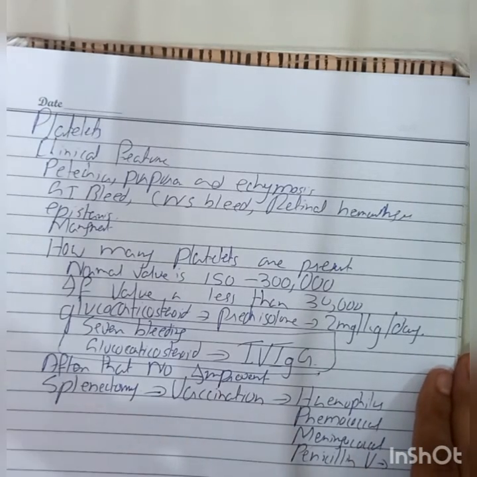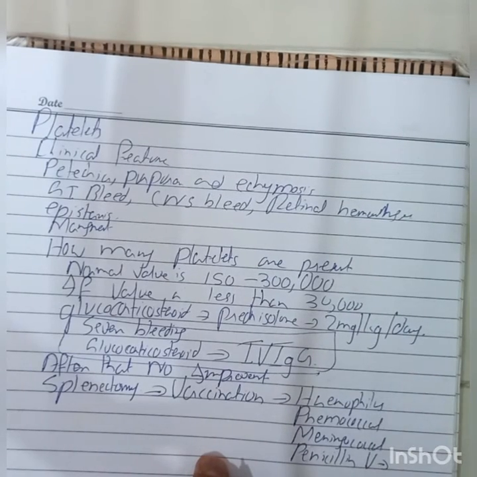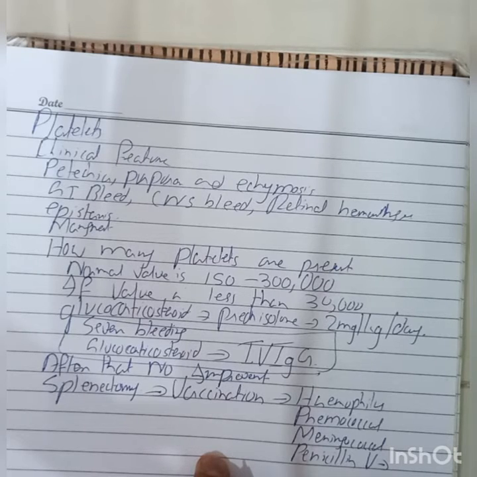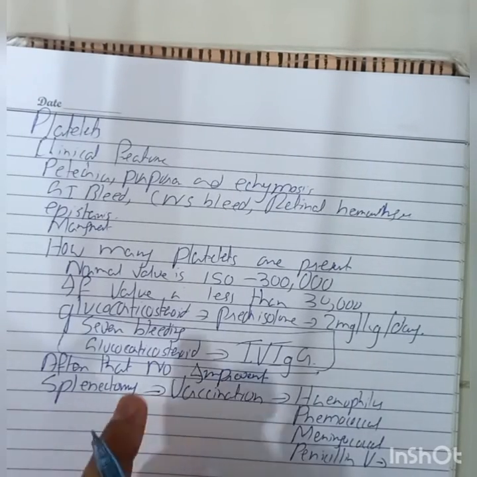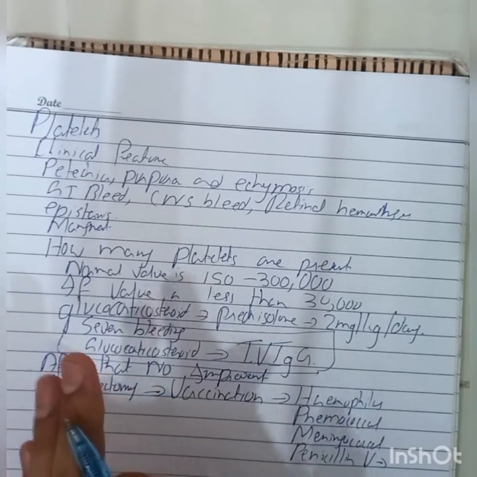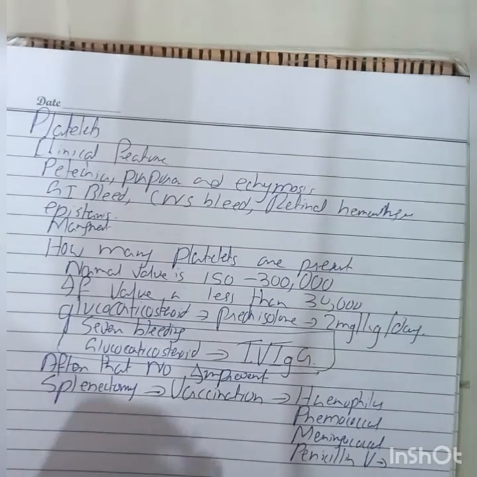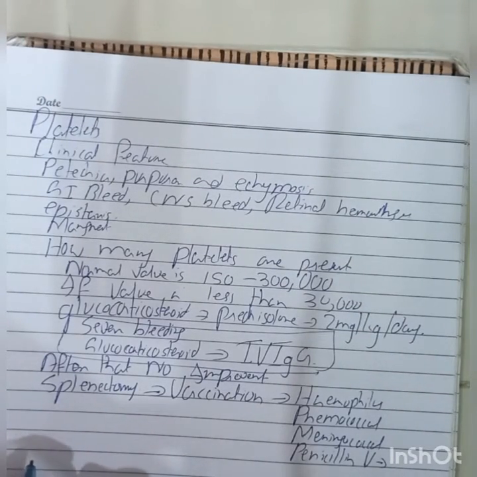every day for life. And you will not give these vaccinations intramuscularly, because there is a chance of hematoma formation, as you know the platelets are very low in this patient. So you have to give these vaccinations as subcutaneous injections. Splenectomy is effective in 70% of patients, but if the splenectomy is not effective, you have to give other drugs like romiplostim,